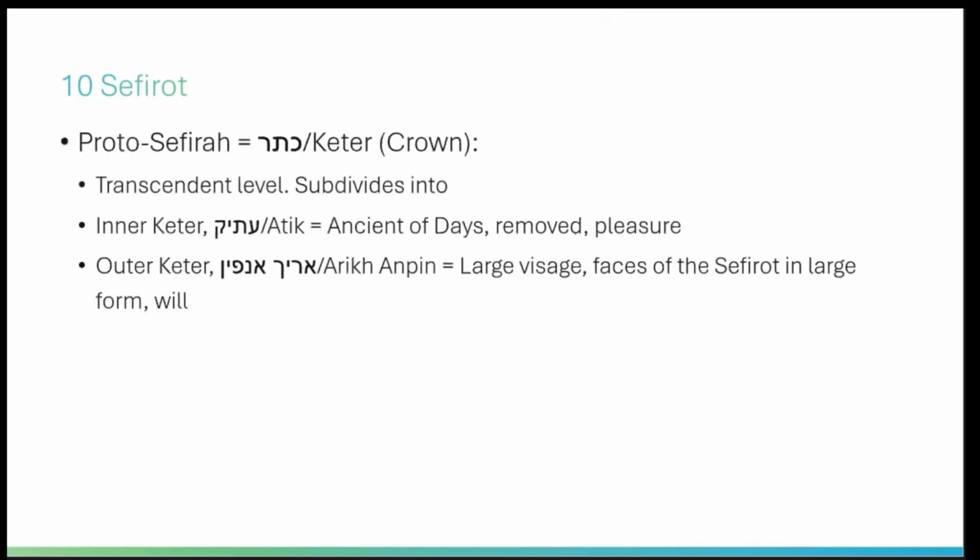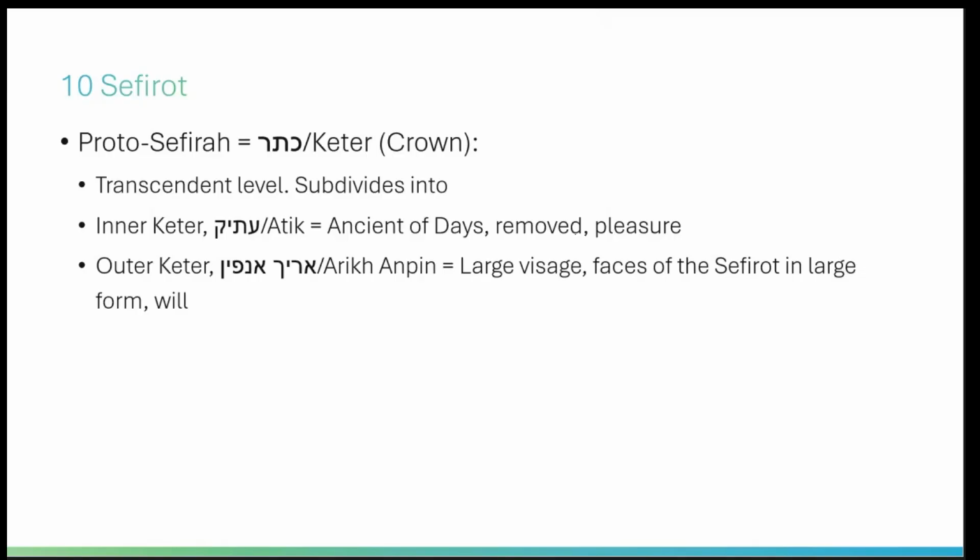When we talk about the Ten Sefirot, you can start with the Proto-Sefira, which is Keter. I call it a Proto-Sefira because there's a rule that when Keter is counted as a Sefira, then Da'at is not counted as a Sefira. So in Chabad, the Sefirot generally do not start from Keter, they start from Chochmah, which we'll talk about in a moment. That's why Keter is the proto-Sefira. It's a kind of Sefira, but not quite. It's a transcendent level, and that's why, in one way of thinking about it, it would not be considered a Sefira.